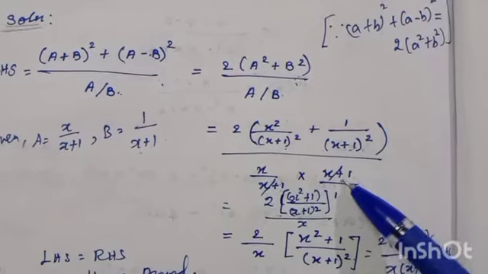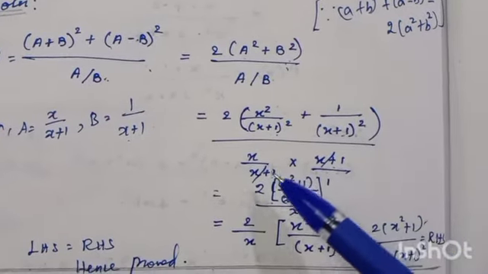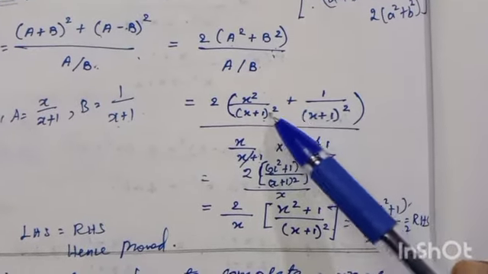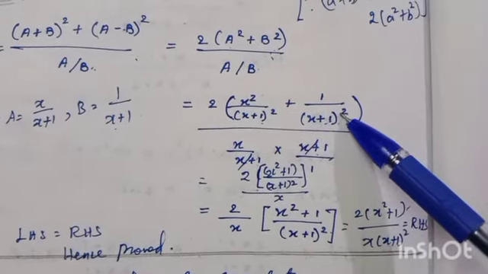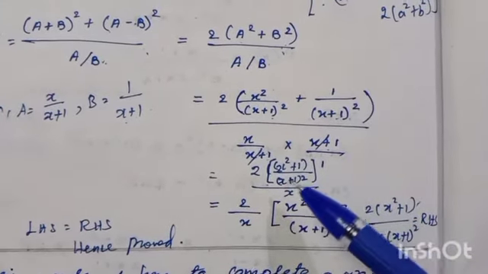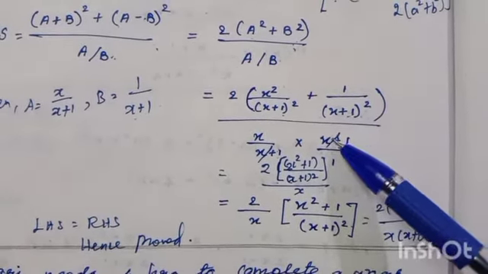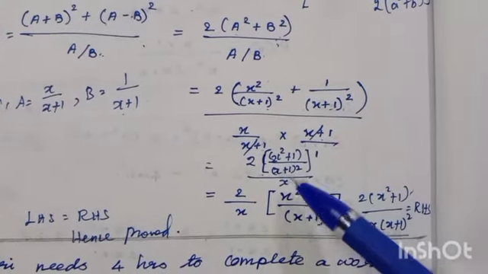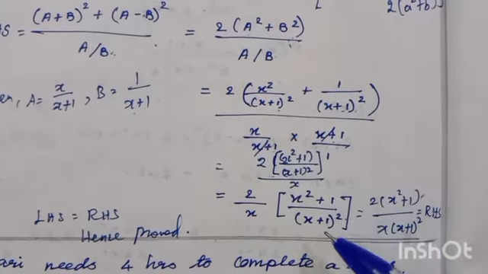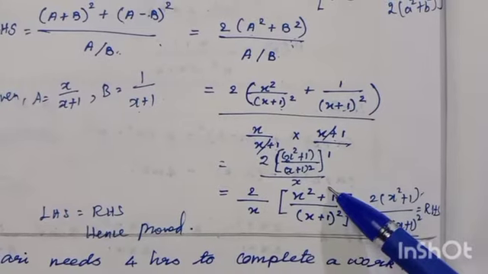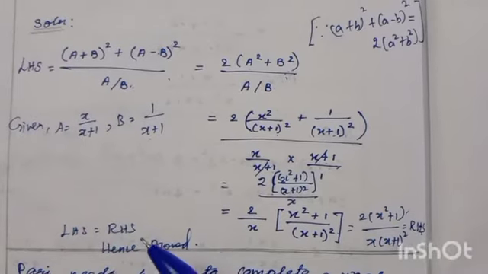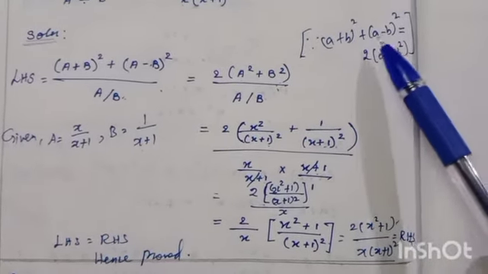So that is 1 by x plus 1 is written as x plus 1 by 1. For the denominator, x plus 1 cancels. Now the numerator you have to consider, two rational expressions are there. These two have the same denominator. So we have to add the numerators, x plus 1 whole divided by x plus 1 whole square. In this denominator we have x. So 2 by x, write separately. Then here you have x square plus 1 by x plus 1 whole square. So now this 2 multiplies with this numerator, x multiplies with the denominator. So we get the right hand side. So left hand side equal to right hand side, hence proved. Remember this formula.